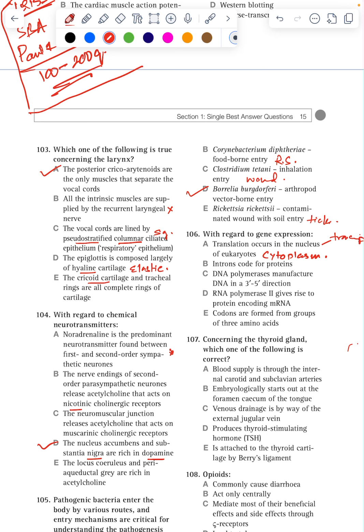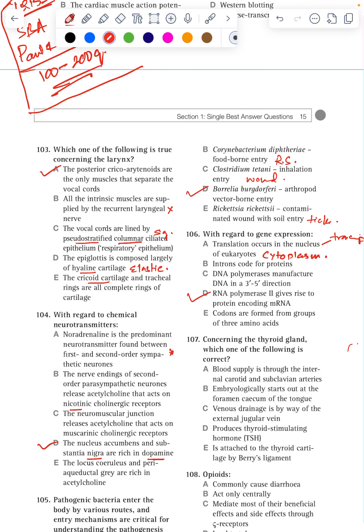So introns, which are non-coding sequences of DNA, are not for proteins. DNA polymerase manufactures DNA in the 3' to 5' direction. Amino acids are coded by groups of 3 bases, and there are 3 potential codes. 20 amino acids are used in protein synthesis. So in fact 44 codons are. So in this the answer is D.